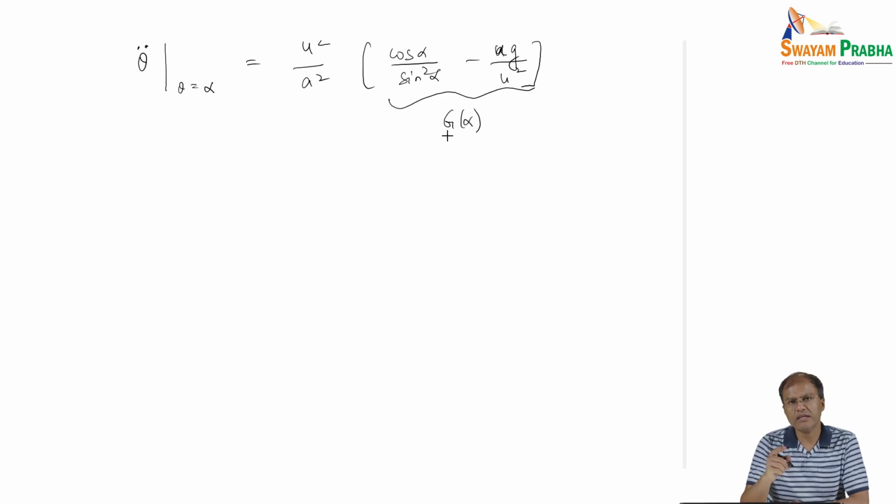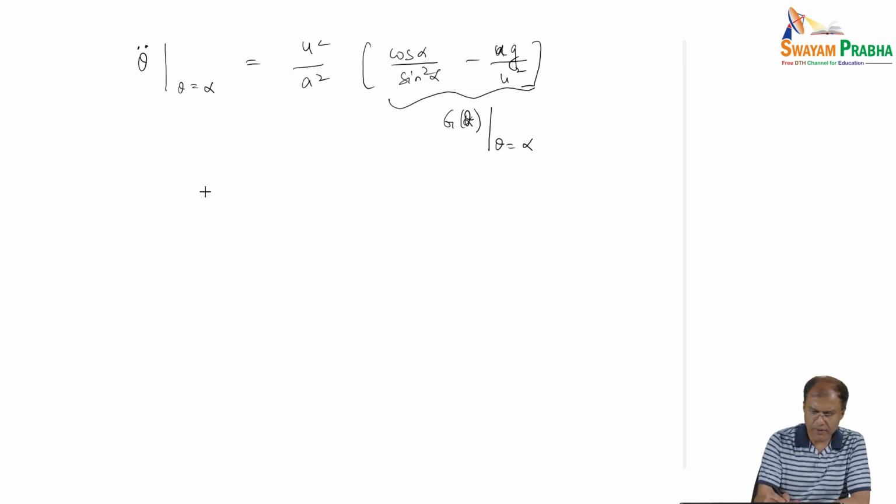This is the same function as the second factor, g of theta evaluated at theta equal to alpha. So from this expression star, we can see that theta double dot